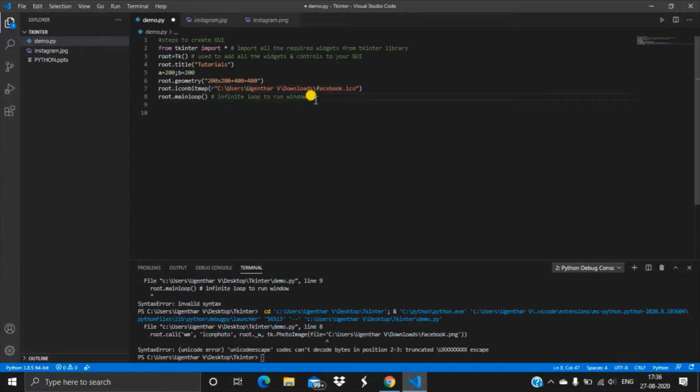In this video, let's see the various types of widgets in Tkinter. The first widget is Button.